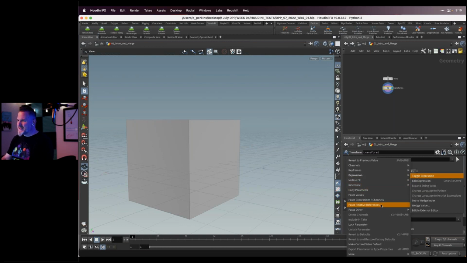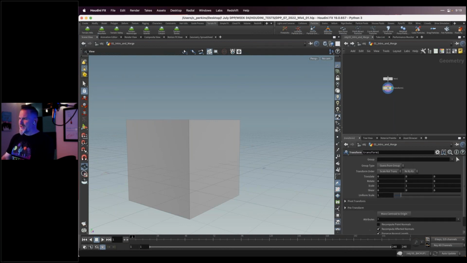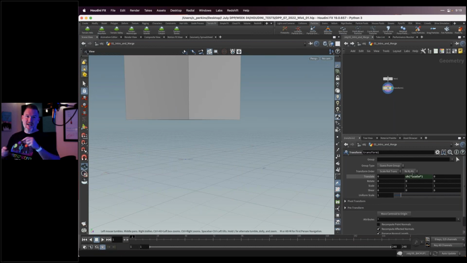So that basically makes a connection, kind of like in After Effects when you have the pick whip, and you connect it to another property, and then they're kind of connected like that. That's all this is doing. But what I want to do is actually divide this by 2. So I put a little /2, divide by 2.